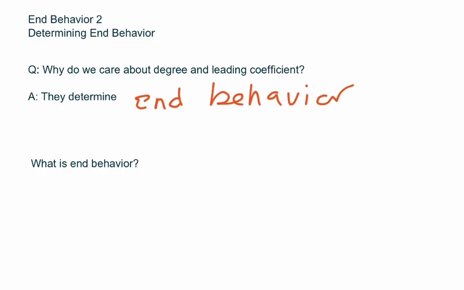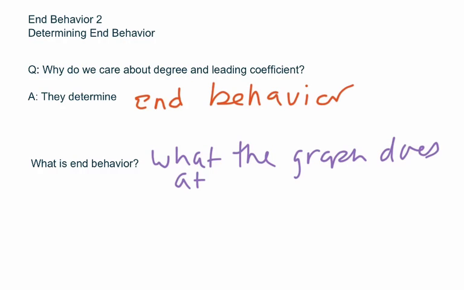So I do want to take a moment, and this is a little bit of a deviation from the notes, to talk about what end behavior is. I can tell you, oh, this is great, degree and leading coefficient determine end behavior, but if you're not really sure about what end behavior is, then that doesn't help you at all. So end behavior, to be a little bit circular in how I define it, is what the graph does